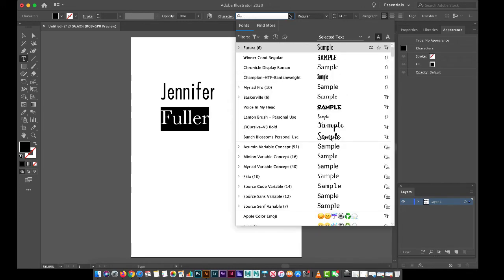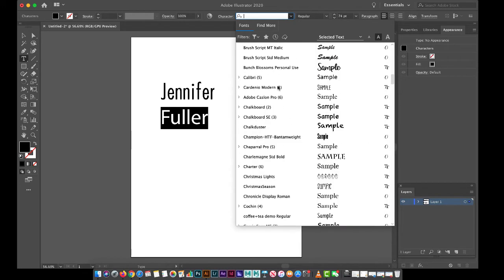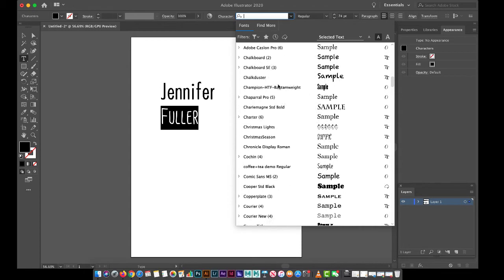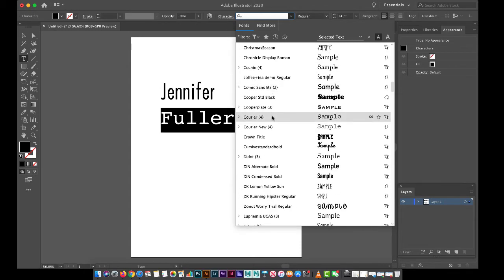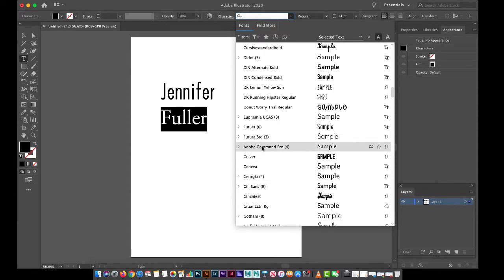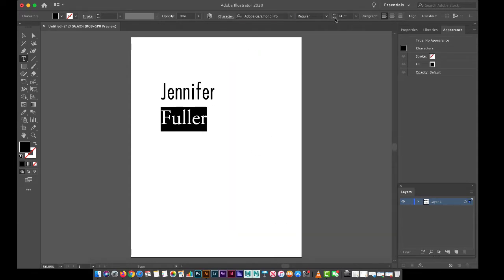Not feeling Baskerville, I thought I was. So I'm just going to do a serif and a sans serif. That doesn't necessarily mean that things go well together. They might even not work very well together, but whatever you want to do, I'm actually going to do Garamond up here.